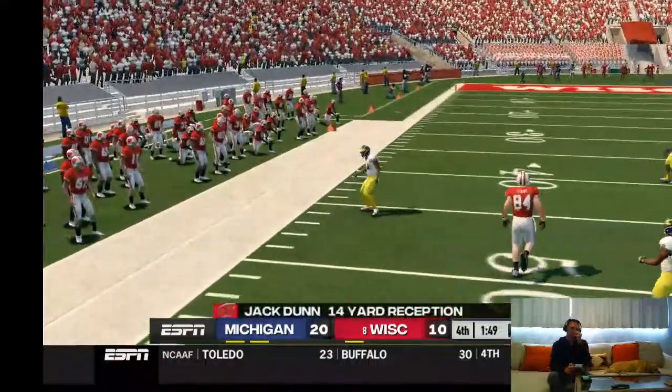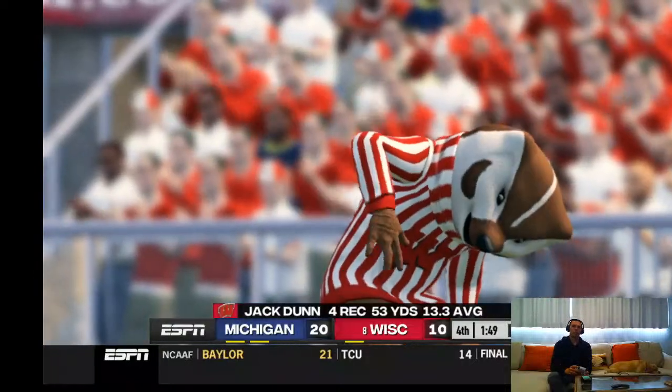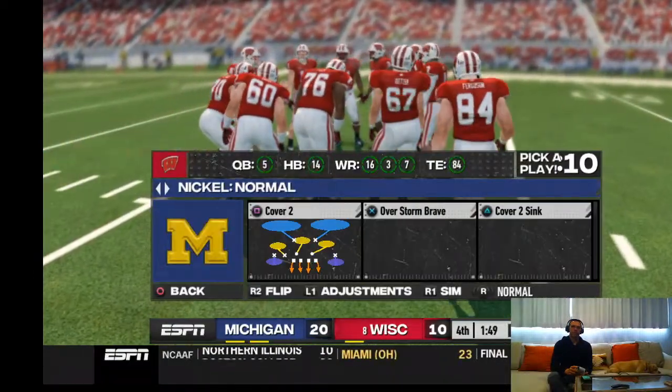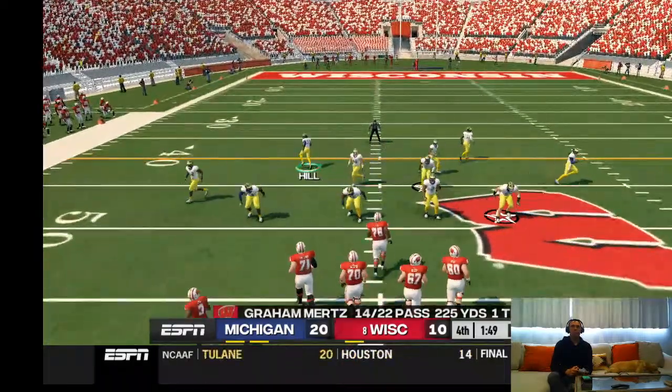Makes the grab and steps out right away. There's very good chemistry between these two. They like to run through all their routes before the game. And I have to say, they looked sharp before this one even started. From their own 49-yard line. First down.